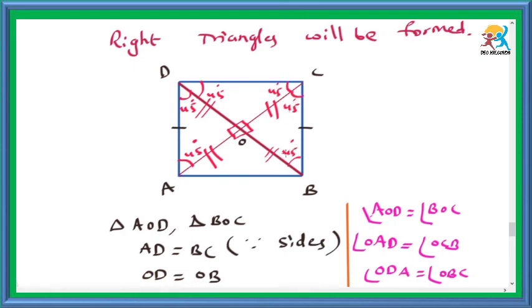So by observing these values, we can say one more property, that is, in the square the diagonals will bisect the angles from the two vertices which they join. AC, angle A is bisected with the diagonal AC, and angle C is also bisected. So like this we have to recall all the properties and we have to finish exercise 8.1. Thank you.